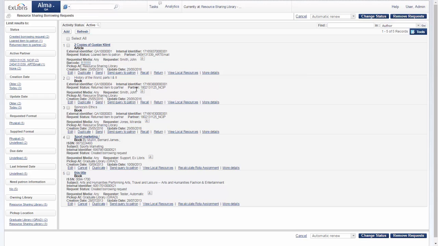And regarding the lender side, lender shipping of multiple items, this will be supported in future Alma releases, and we